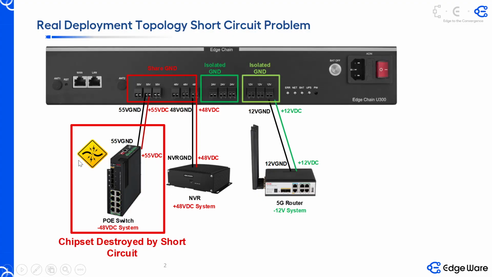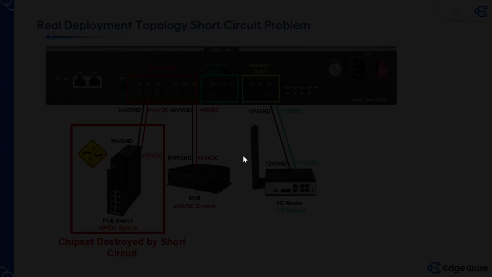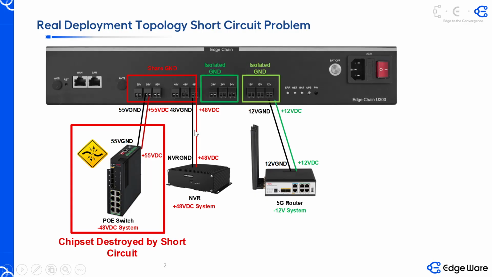How to cause this problem? As we just explained, there's a short circuit that happens in this topology. What's very curious is that at the beginning the NVR was trying to put out DC24, now it's DC48, and because this is a shared grounding,